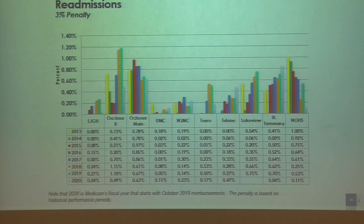We have gotten a slight penalty. It's usually on one condition. We had 2 years, I think, running where we had hip and knee. That is an extremely low volume for us, and so just 1 or 2 throws us over the threshold. This last year, it was COPD. And I think everybody would agree that is a challenging population, and the fact that we haven't been hit with that penalty prior to this is probably a statement of how good respiratory is doing looking at those patients and